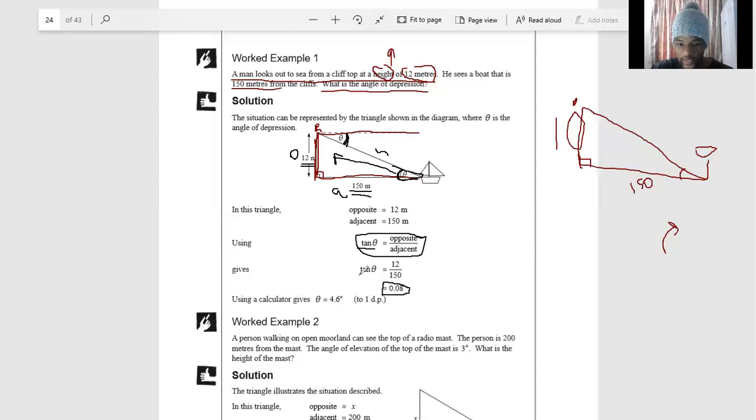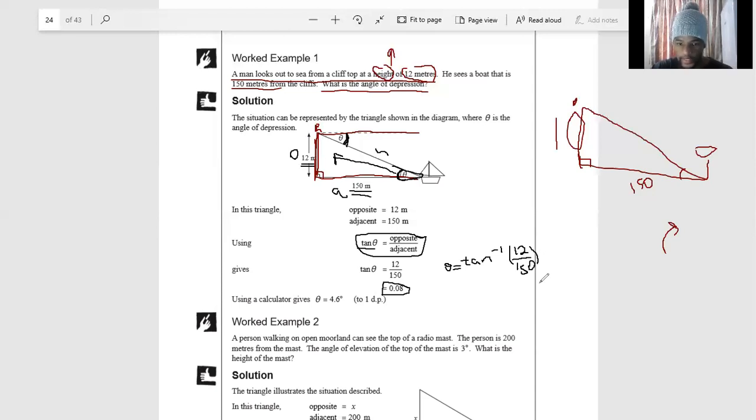Remember that from here, you will take this tan to the other side. So it will be theta is equal to the inverse of tan, right? Theta is equal to the inverse of tan. Your calculator will display something like this. And then in brackets, remember to always close your brackets, it's very important. And then in brackets, you put that 12 over 150. And then the answer that you will get from there,